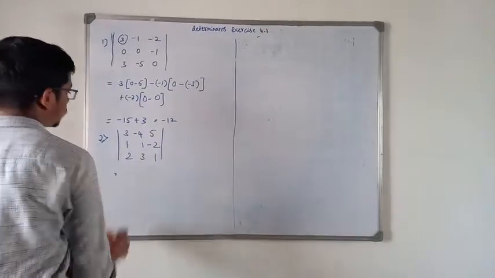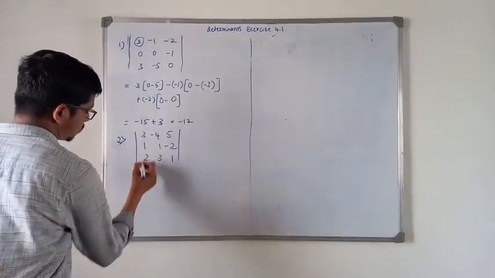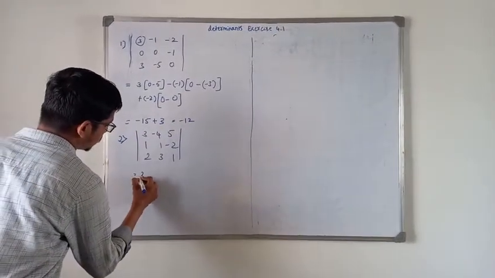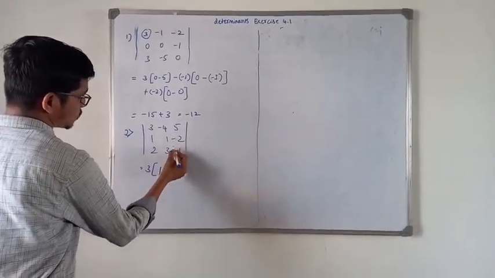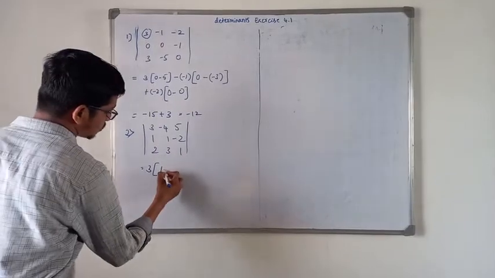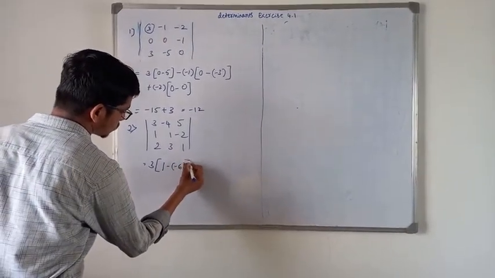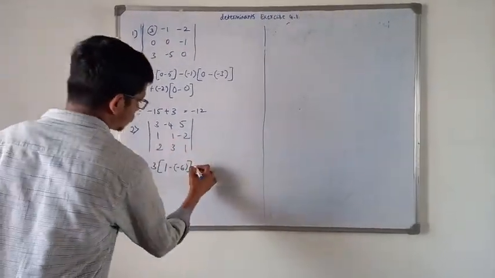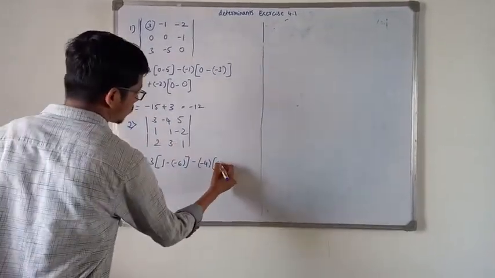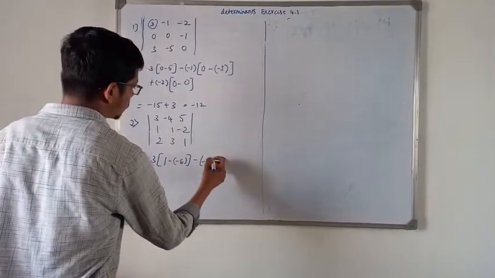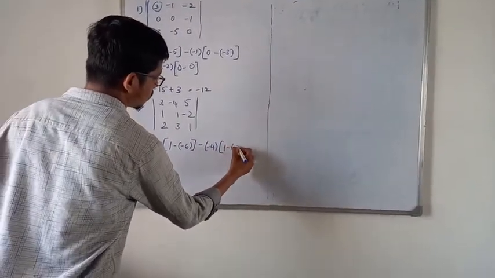This is equal to, here first row first column of the first element 3 into 1 into 1 is 1, minus 2 into 3 is minus 6, minus of minus 6, minus of minus 4 into 1 into 1 is 1, 2 into minus 2 is minus 4, minus of minus 4,